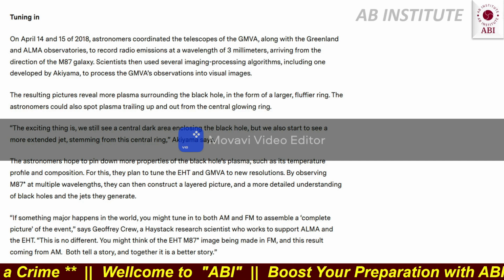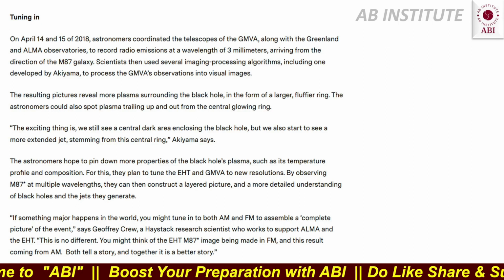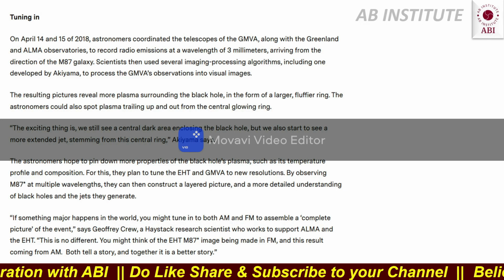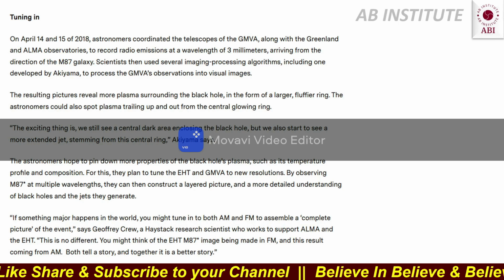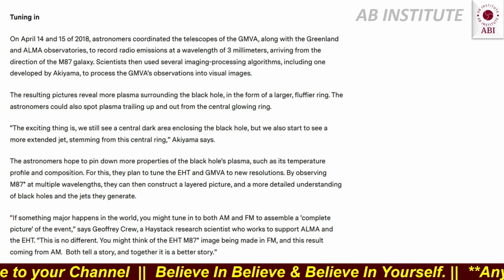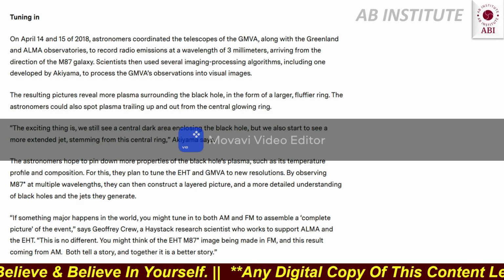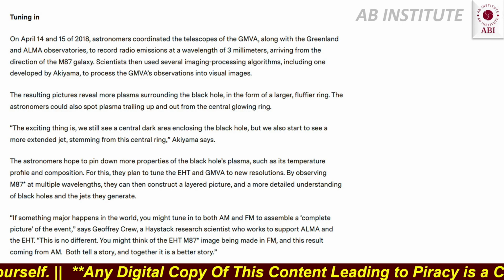The exciting thing is we can still see a central dark area enclosing the black hole, but we also start to see a more extended jet streaming from the central ring. Akiyama says the astronomers hope to pin down more properties of the black hole's plasma, such as its temperature profile and composition. For this, they plan to tune the EHT and GMVA to new resolutions. By observing the M87 star at multiple wavelengths, they can construct a layered picture and a more detailed understanding of black holes,